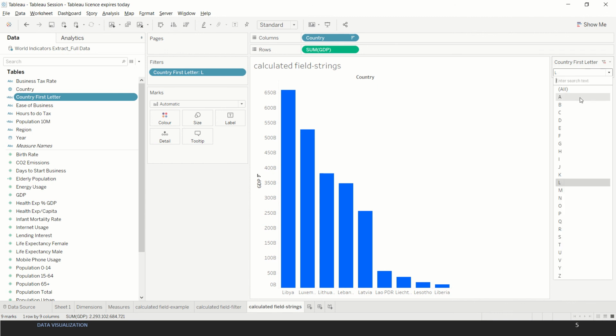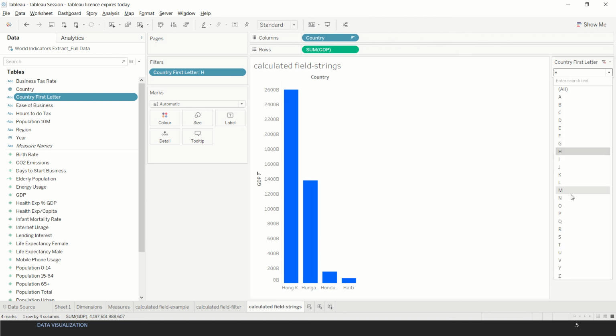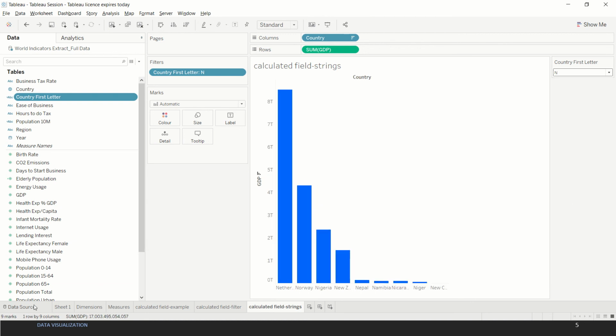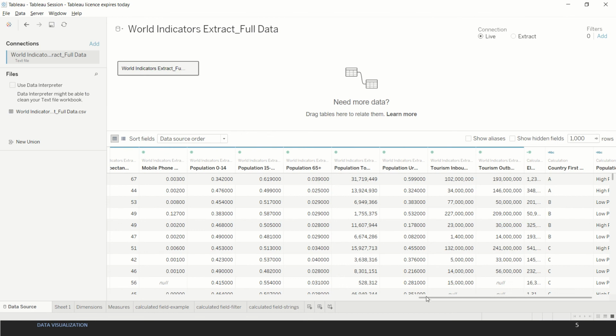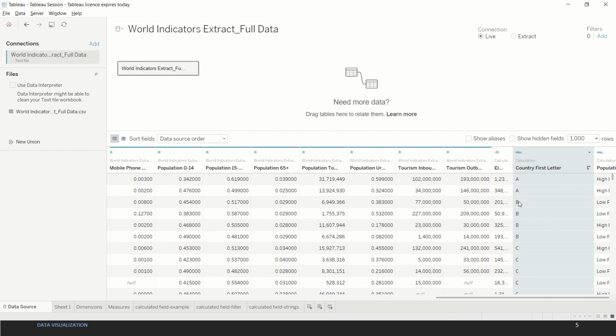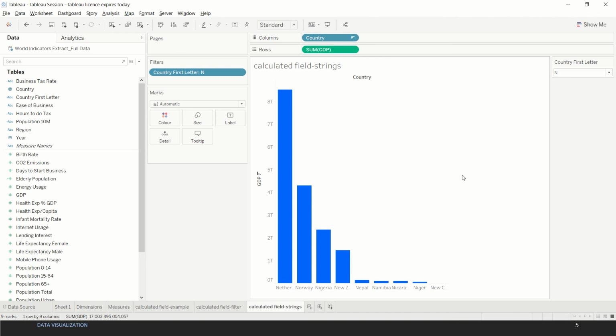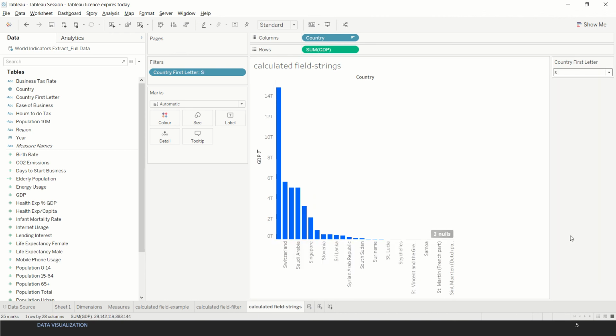So if I use a specific character, we can filter the data accordingly. Also note how this has been populated in our data source sheet. Each country now has its first character under the column country first letter, and you can also see the country name over here. So that's how you can use string manipulation to do different things in your visualization.